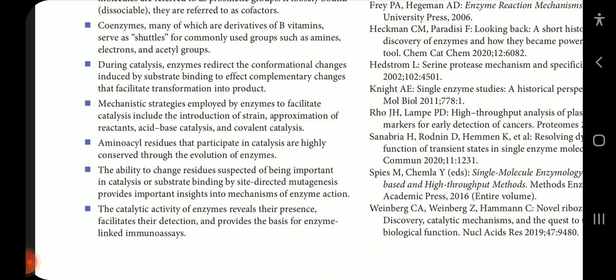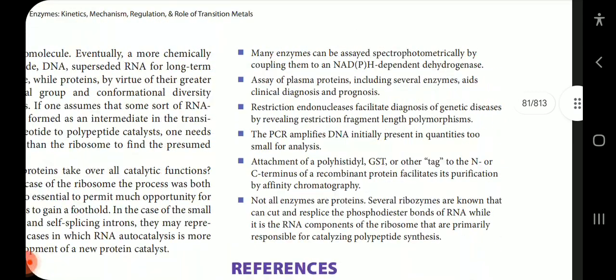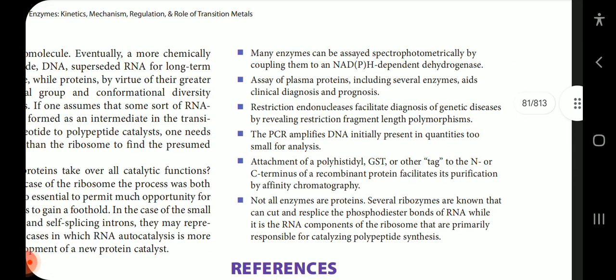The catalytic activity of enzymes reveals their presence, facilitates their detection, and provides the basis for enzyme-linked immunoassays. Many enzymes can be assayed spectrophotometrically by coupling them to an NADPH-dependent dehydrogenase. Assay of plasma protein includes